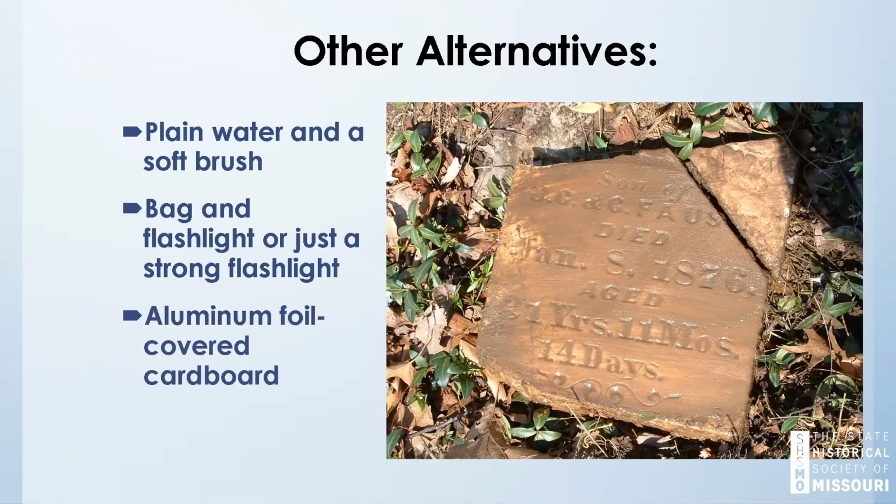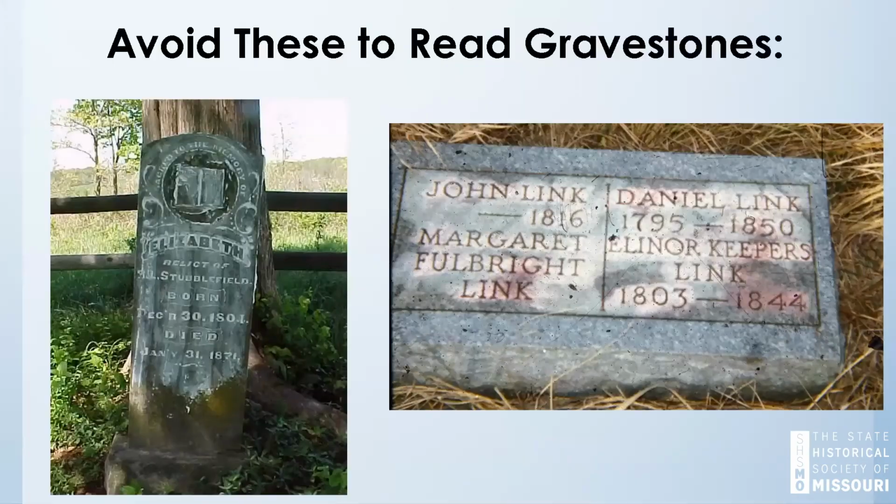You can also use aluminum foil covered cardboard or mylar to serve as a mirror if you're concerned about breaking a mirror. You can use a 12-inch tube to focus down on certain letters while you're doing this as well. It will throw them in shadow and then shine a flashlight across, and you can read one letter or number at a time. Here's a couple things that I tell you not to use, and stone conservators will tell you not to use